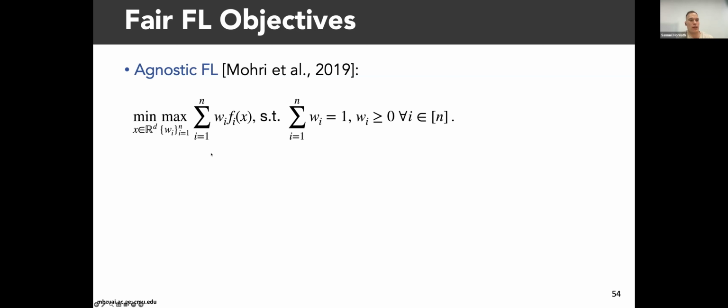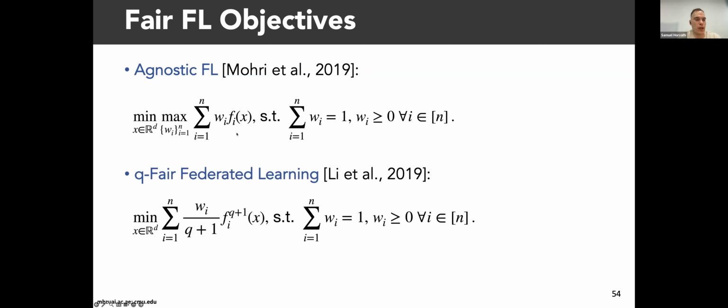Because you can look at this subproblem, and that subproblem has a unique solution where we put weight one for the client that has the largest loss. And then to make it